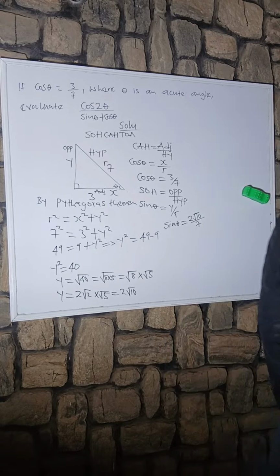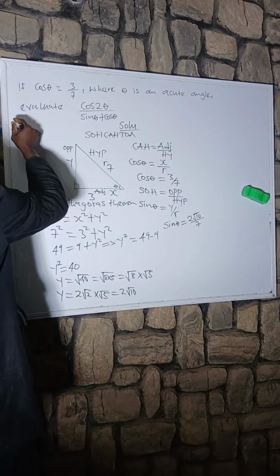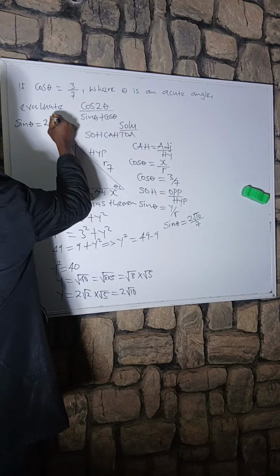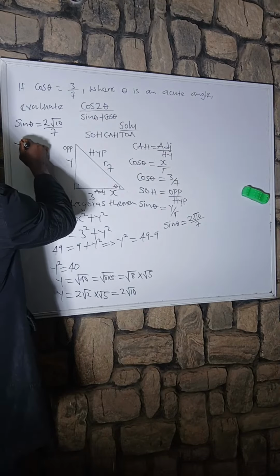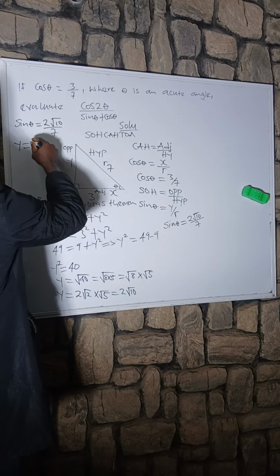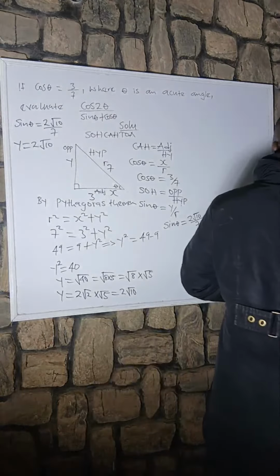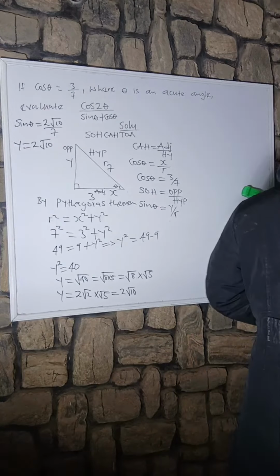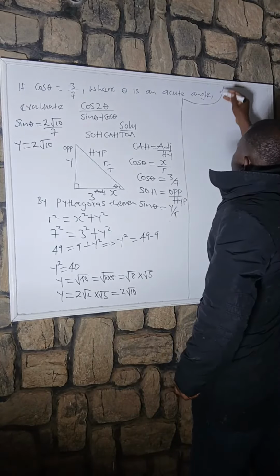Okay, so if you agree with me, it means sine theta is equals to 2 root 10 all over 7. Then y is equals to 2 root 10, right? And they said we should evaluate this as simple as ABC. So let us evaluate this. It means